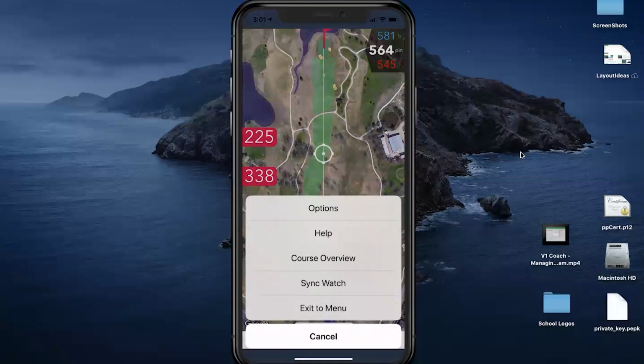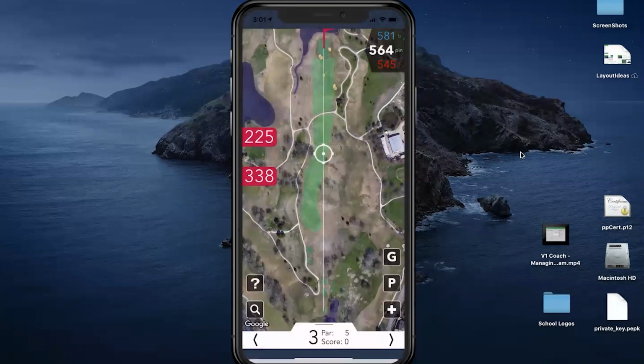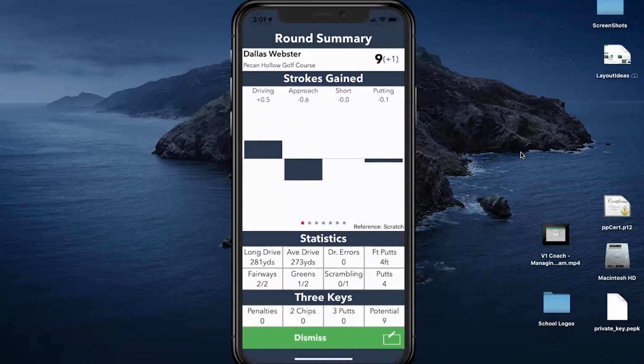And when I'm done, I'll exit. If I had tracked all 18 holes, I could sign the scorecard and say, yeah, make this official. That just means that I don't need a reminder to go back and edit it. It's complete. If I haven't completed it, I can hit save and exit, and it'll just save my progress. It'll show you for the 2 holes that I tracked that I shot a 9. I was 1 over. I was driving the ball well, but my irons were poor from hitting that shot in